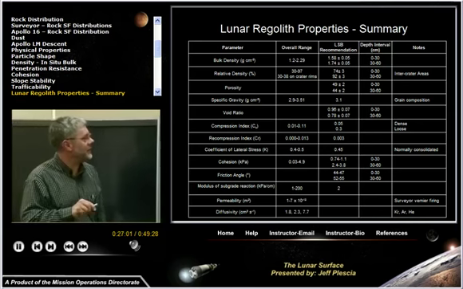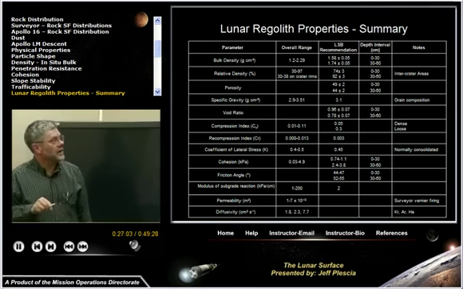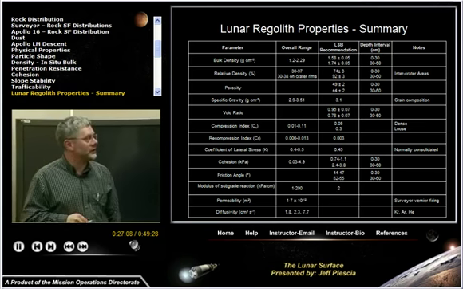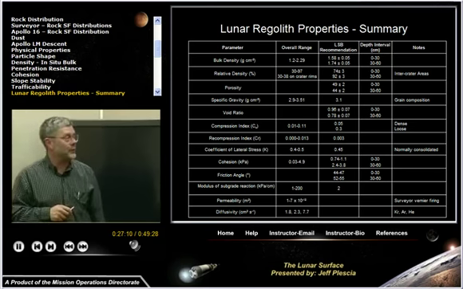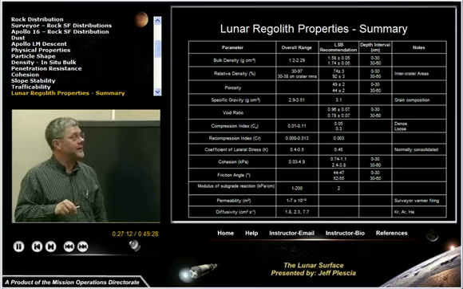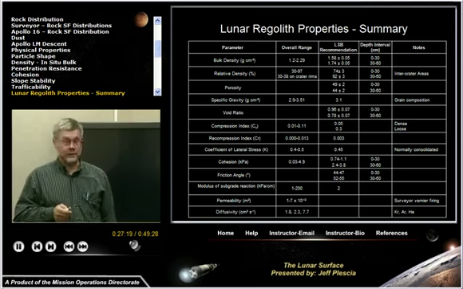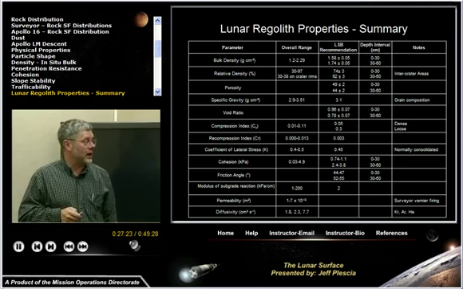I don't want to go through this in any detail, but you can see that the lunar properties have a range. There's some uncertainty associated with it. I think from an operational standpoint, from a design standpoint, and even from a digging in the regolith standpoint, we understand the material properties well enough that it won't be a problem to design systems, as long as you have some robustness in your design